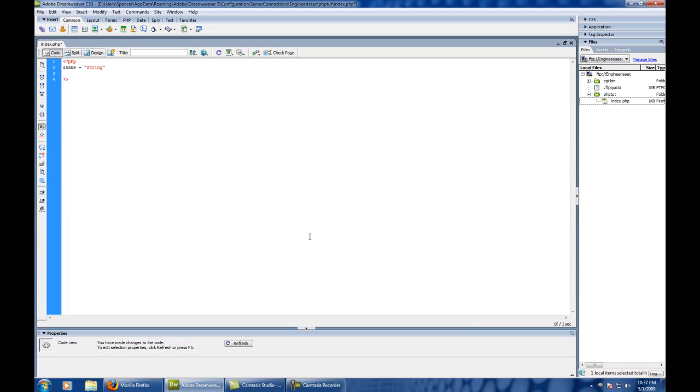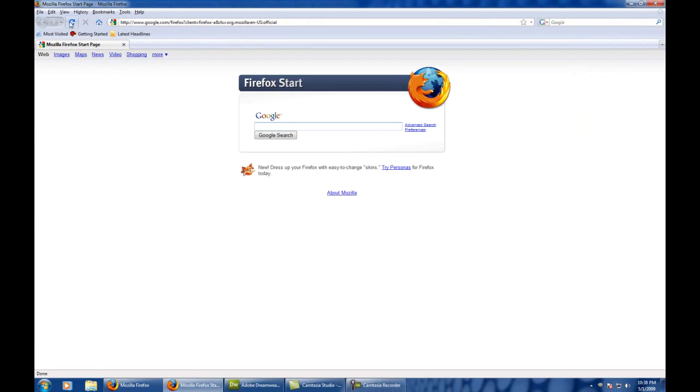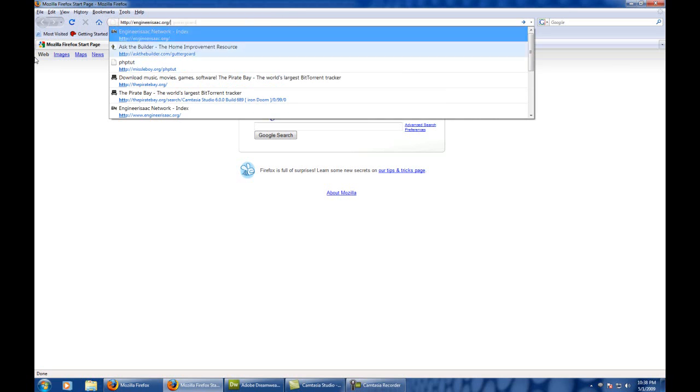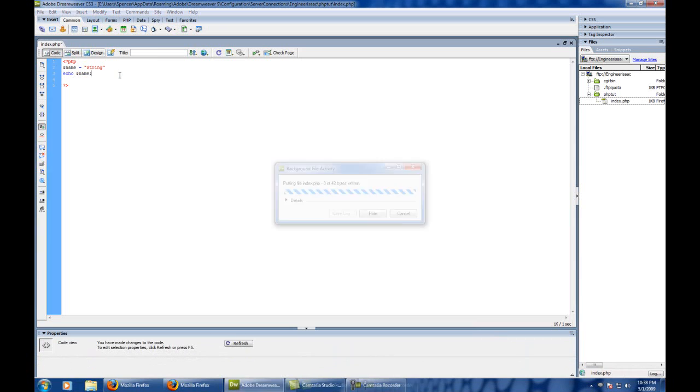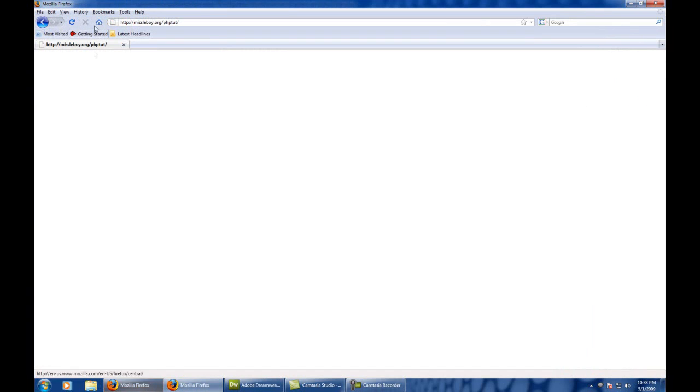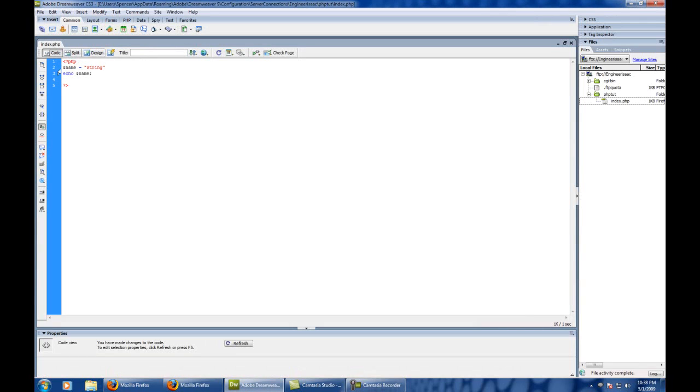I'll show you an example of a syntax error right now. Let's go to the page. One second. Alright. Now this should produce a syntax error because we haven't ended the line with a semicolon. And there we go. Parse error, syntax error, unexpected T echo on line 3. This is unexpected because there's not a semicolon ending the line, so it doesn't know what to do with echo. So we want to end this with a